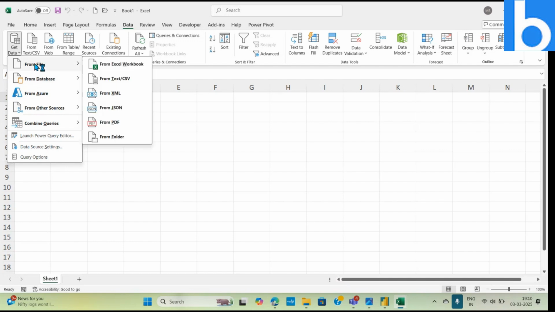First one says from file. It could be from an Excel workbook, a notepad or a CSV, XML or JSON, or your PDF. Say suppose I am being given sales data for the past year, 12 months of data,